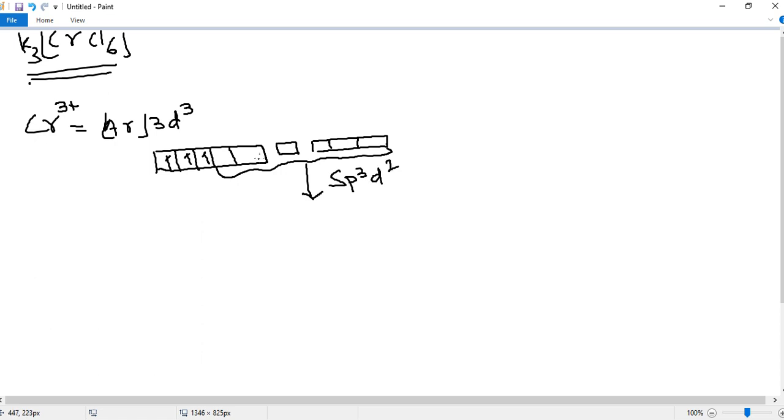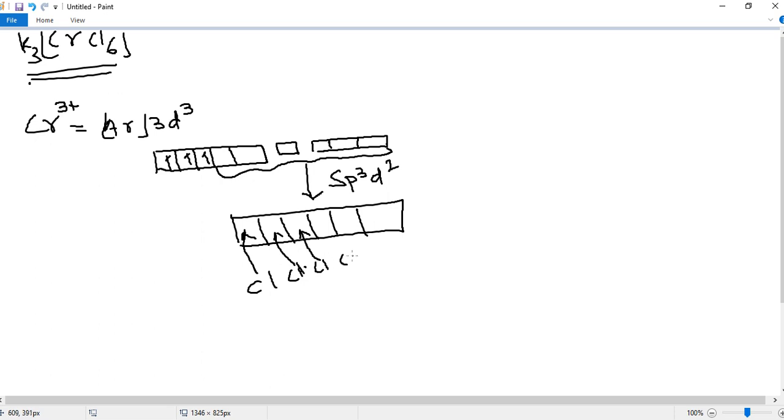Because we have orbitals, and the chlorine is weak field ligand, but here in this case there's no effect of ligand's strength, right? Because we have required orbitals. So sp3d2, 6 orbitals we get, and these 6 orbitals are sp3d2 hybridized orbitals, and vacant orbitals all. Now chlorine ion will put electron here, their lone pair electron here,